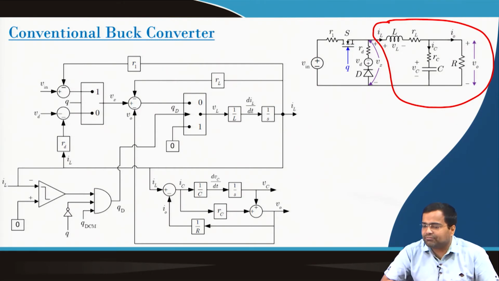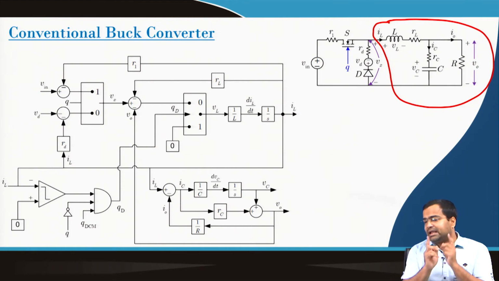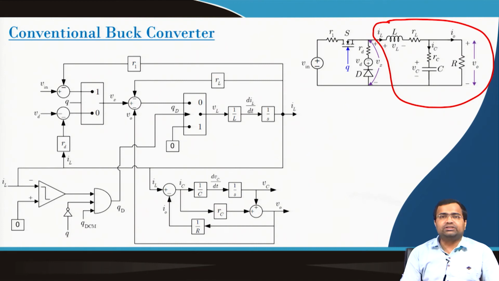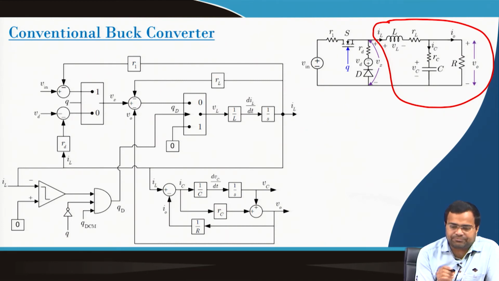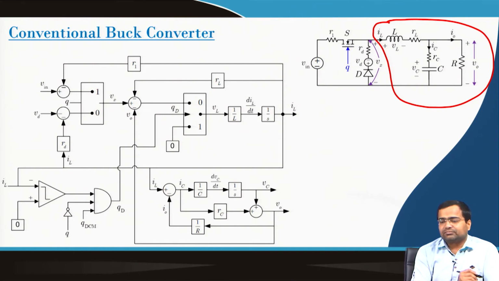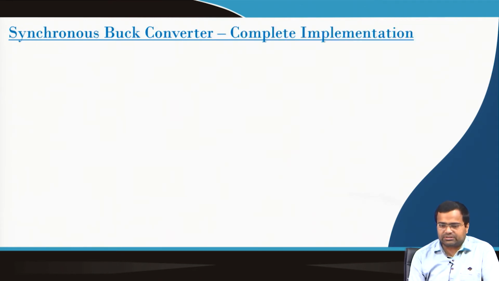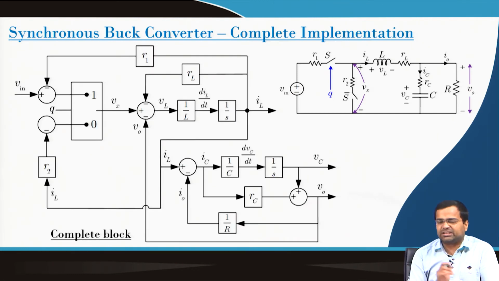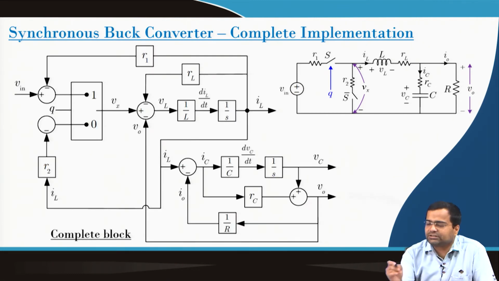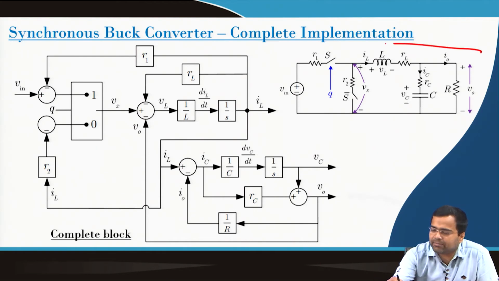But we have to be careful about the selection of that inductor voltage, which is very crucial, because we know that inductor voltage matters if we want to enable the discontinuous conduction mode of operation. In fact, instead of starting with the conventional buck, let us start with the synchronous buck, that will be much easier. So, for the synchronous buck, we have again implemented this block.